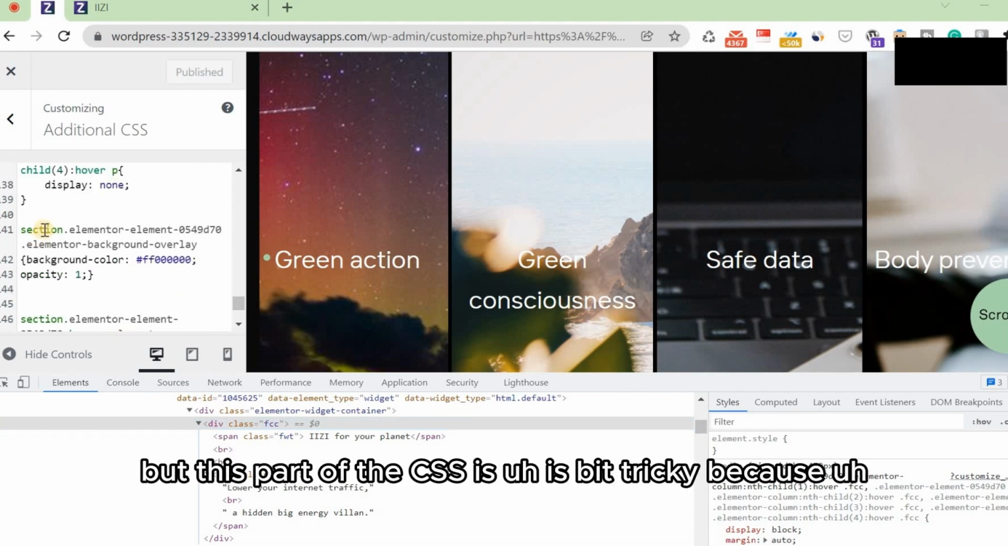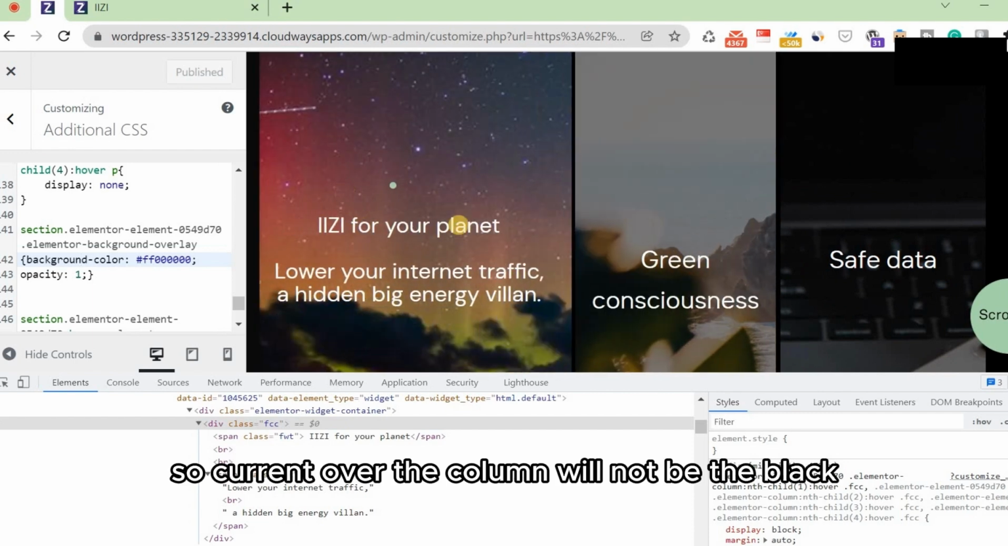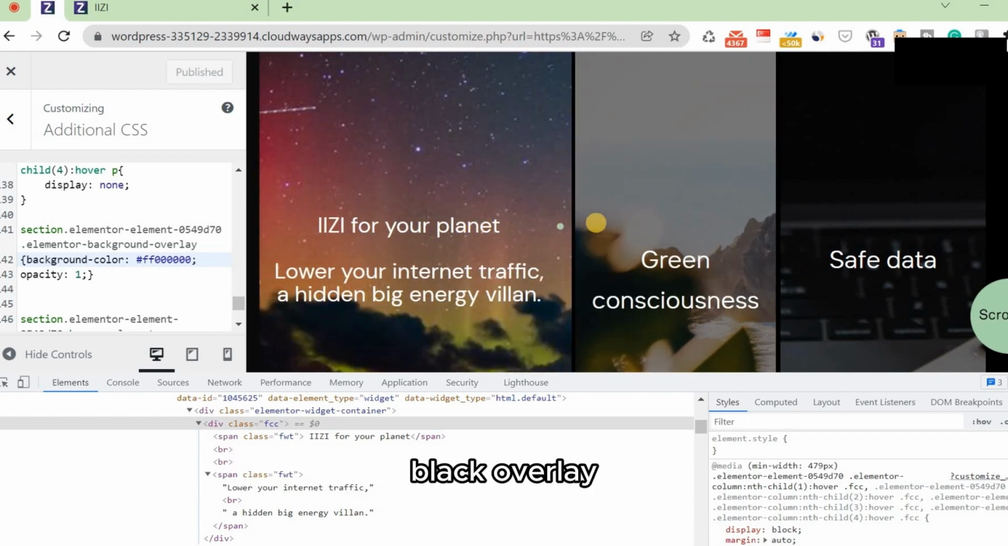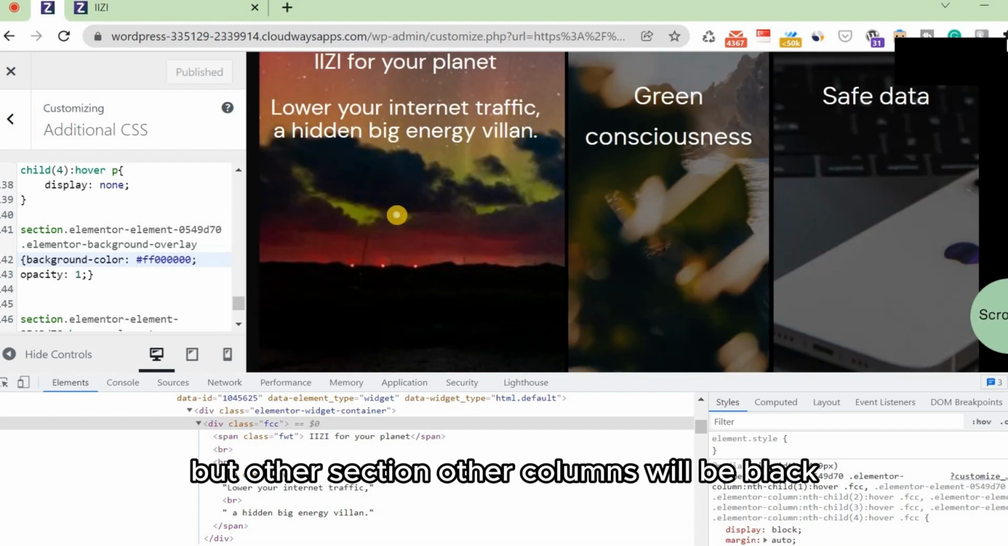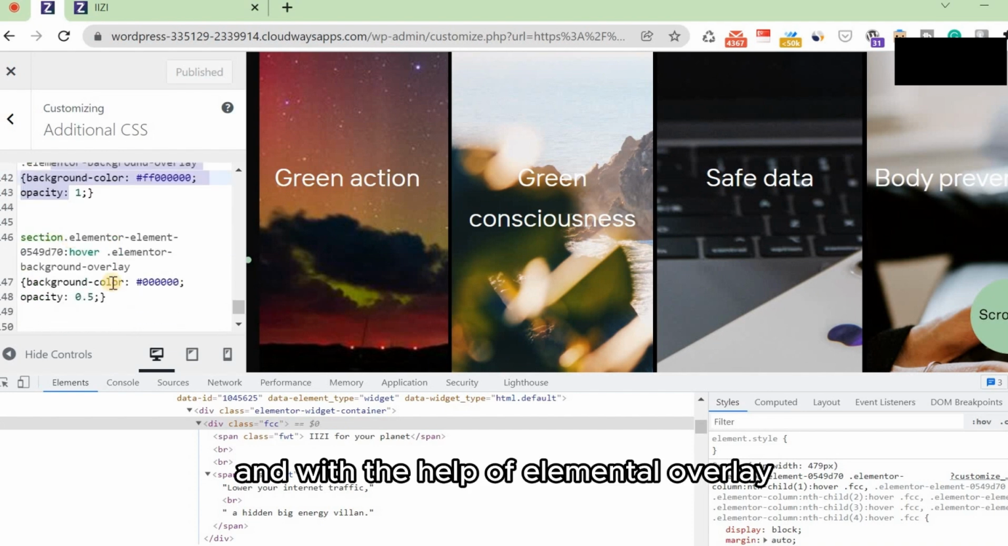Pause. This part of the CSS is a bit tricky, because we have an overlay of black. The currently hovered column will not have the black overlay, but the other columns will be black. So this is a bit of a tricky part. You have to understand it by how Elementor works, and with the help of Elementor